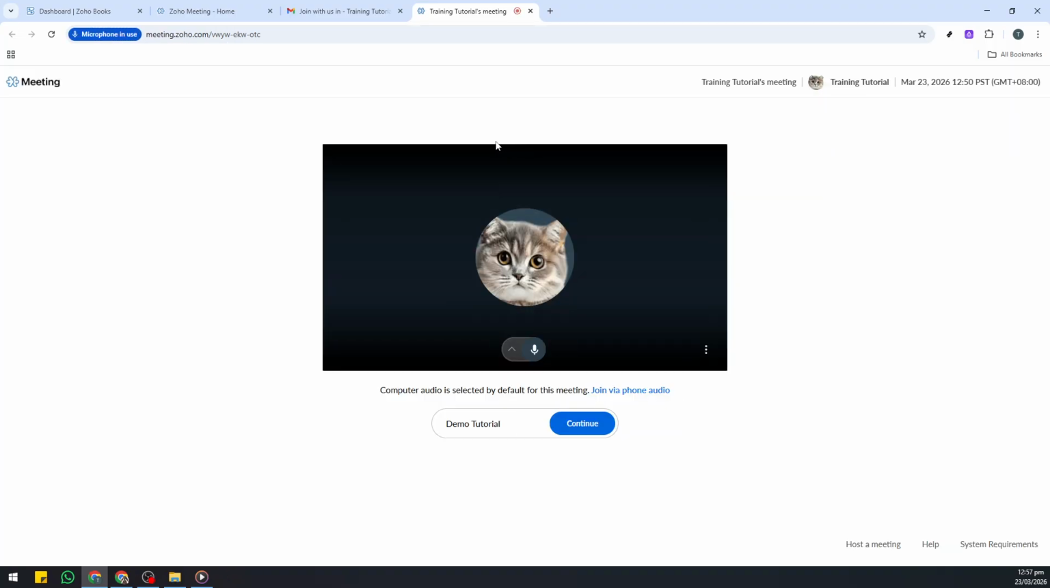If your device asks for permission to use the microphone or camera, choose Allow so others can hear or see you when you're ready. If you're not comfortable sharing video, don't worry, you can keep the camera off and still participate fully through audio. If you prefer working directly in the Zoho Meeting app instead of the email link, open